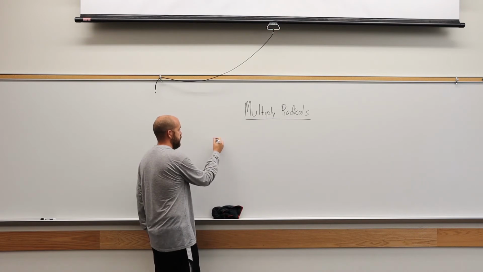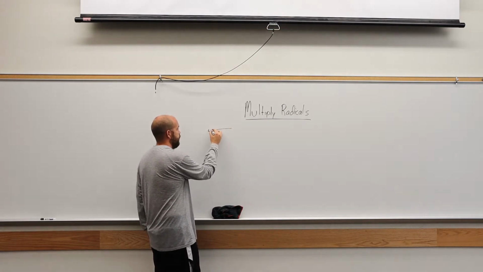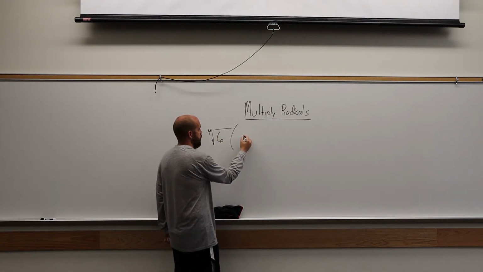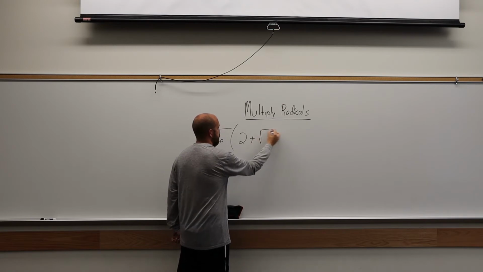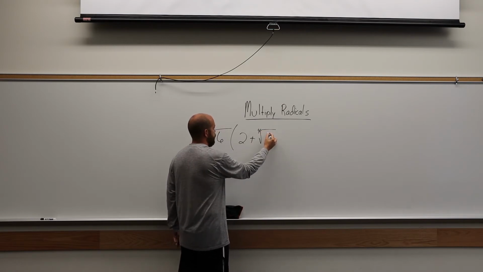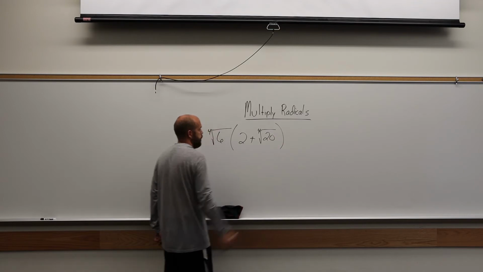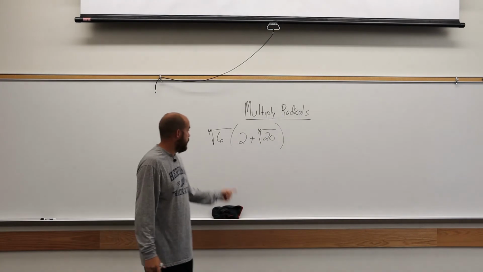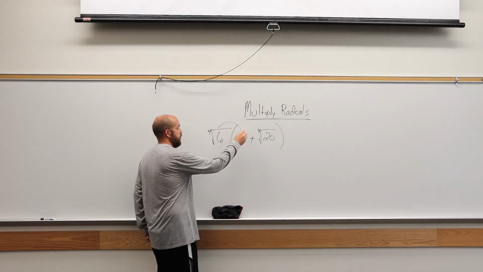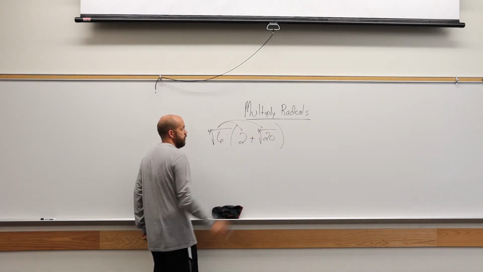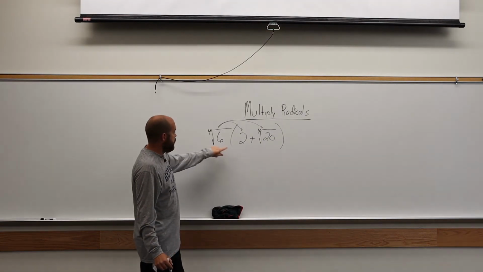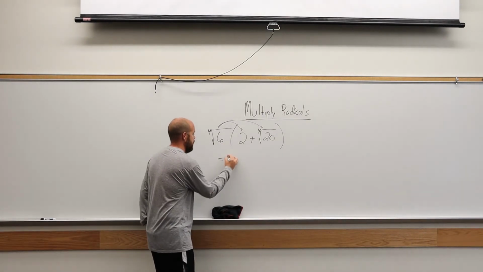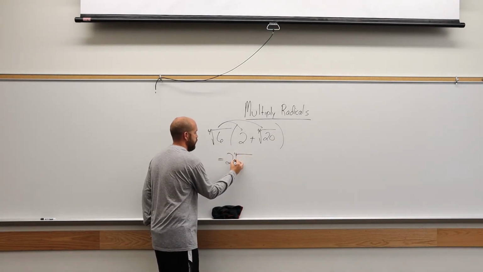Let's do another example here. Let's say we've got the 4th root of 6 multiplied by a parenthesis: 2 plus the 4th root of 20. All right, so the 4th root of 6 is going to get distributed. We distribute that to all the terms on the inside. 4th root of 6 and 2 cannot combine together. I can't try and put them together, so I'm just going to keep it as 2 times the 4th root of 6